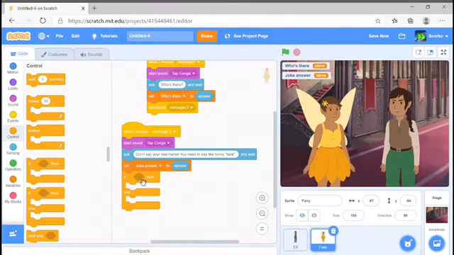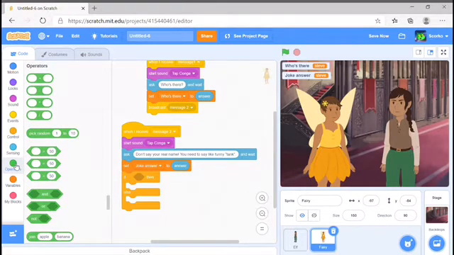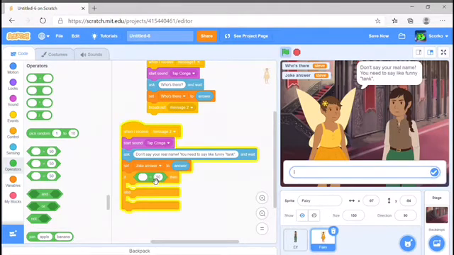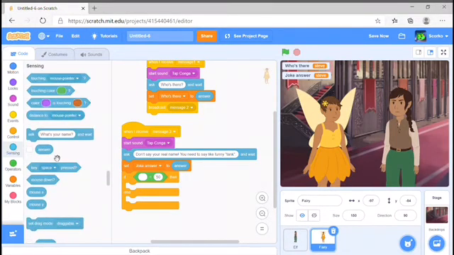If the answer equals tank, we want it to do something. If the answer doesn't equal tank, we want it to do something else. So let's drag over one of these blank equals blocks. Whoops, didn't want that to go. So we want to then pop in the answer. So if the answer equals tank,